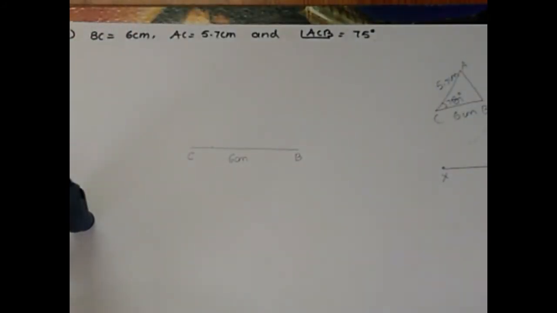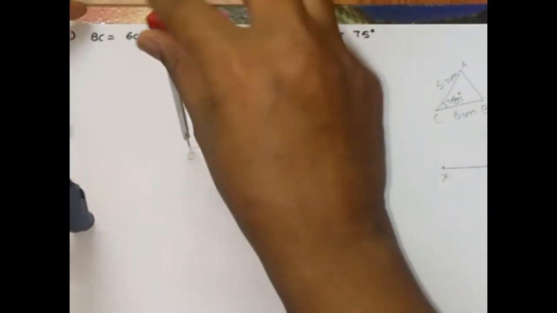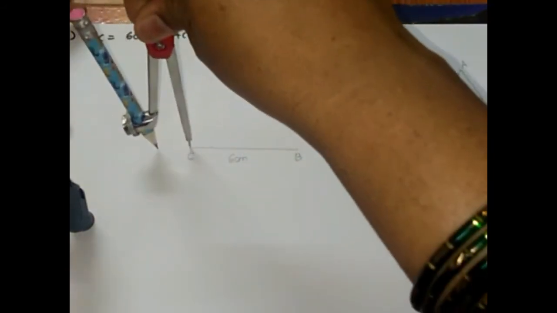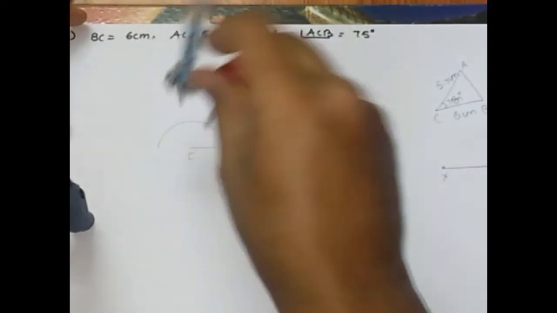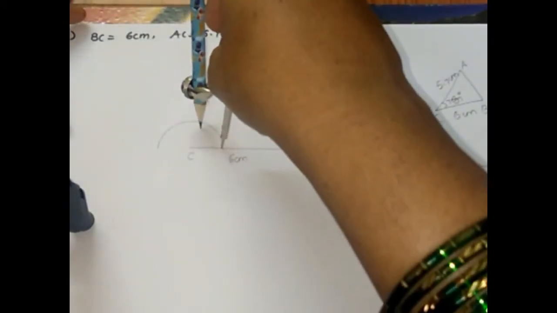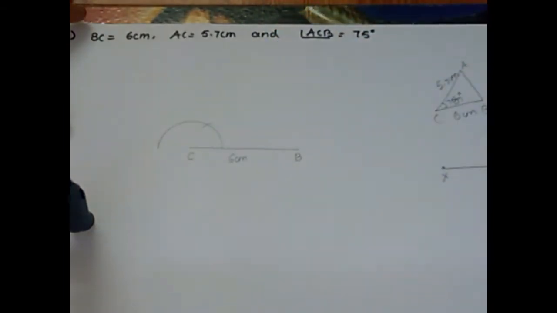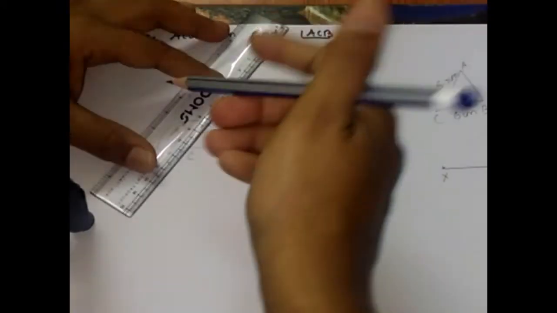Okay, let us proceed with the actual construction. Please observe. Keep your compass at C and cut the first arc. Once the first arc is drawn, from the point where the arc touches the baseline, you will draw another arc. So what will this point give me? It will give me 60 degrees.